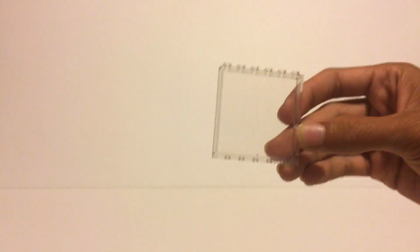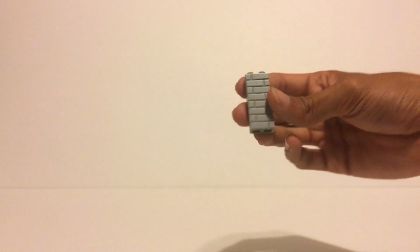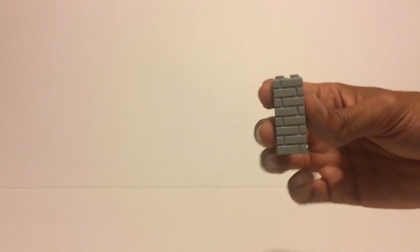And last but not least, we're going to show off one of my favorite techniques. Now, this has to do with these window pieces and everybody's favorite masonry bricks. And then also some sand green pieces. So if you guys have any of those parts on your wall, I highly recommend this technique. So what I do is I stack some of these masonry bricks in a stack of 4, and then I get a little 1x4 plate,